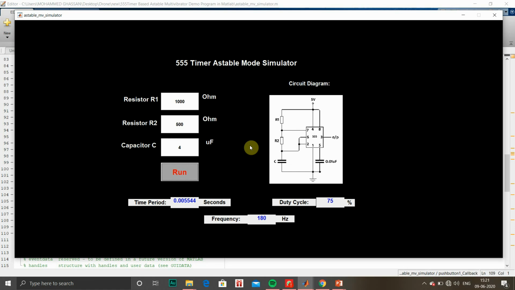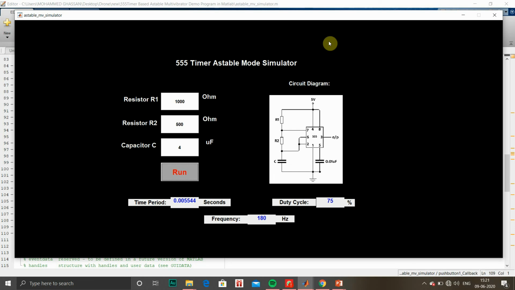Also, IC 555 is very helpful in various projects where you want to generate a time delay, or you can use it as a triggering circuit, delay circuit, pulse generator, as well as an oscillator, which we have discussed now.